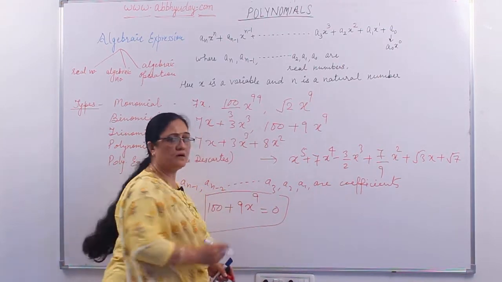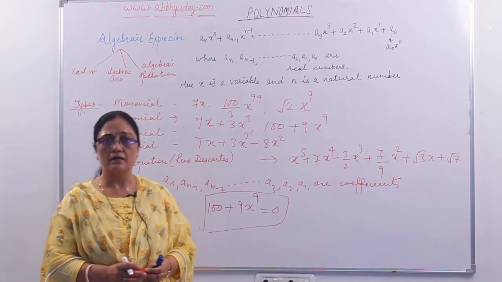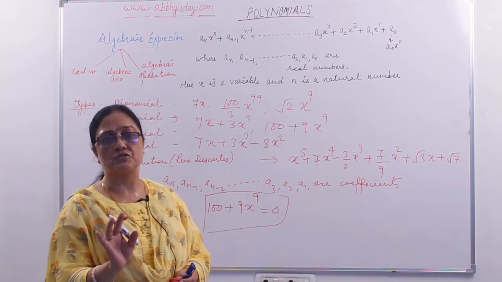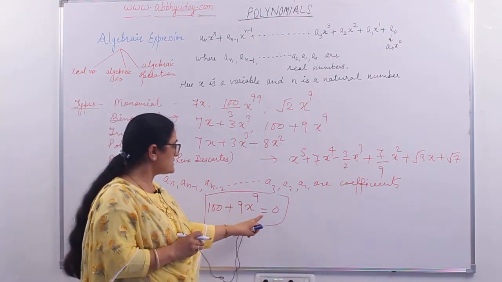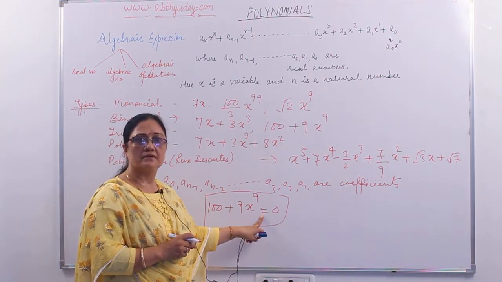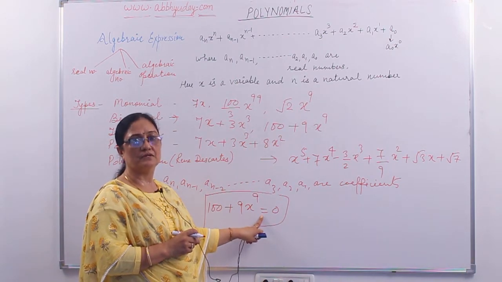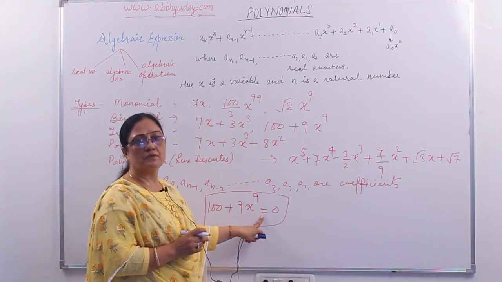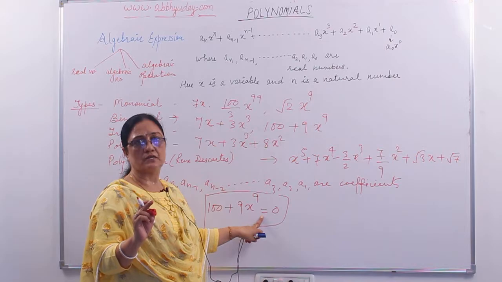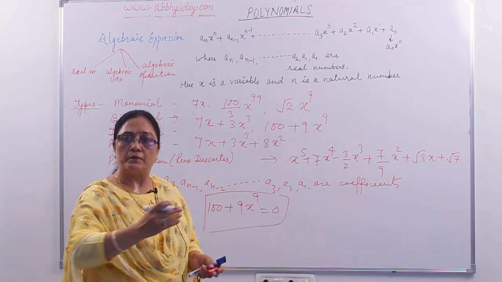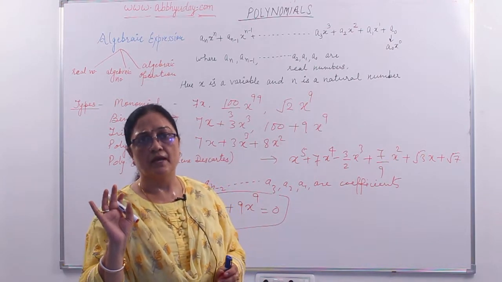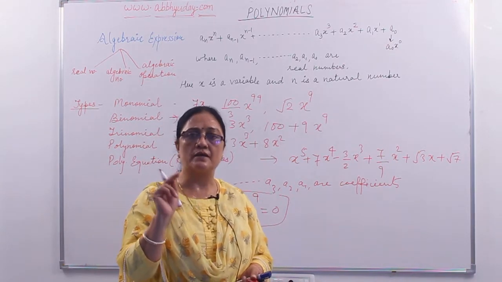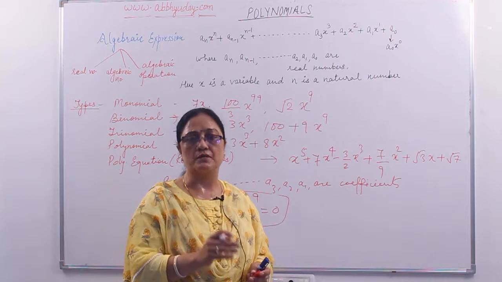Now it has become an equation. It's not an expression now. It's an equation because I have used the equality sign here, no? So it is now called an equation. That is the difference between expression and equation. An expression will be open-ended. In an expression, the equal to sign will not come anywhere. And in an equation, the equal to sign is very, very important. It has to be there.